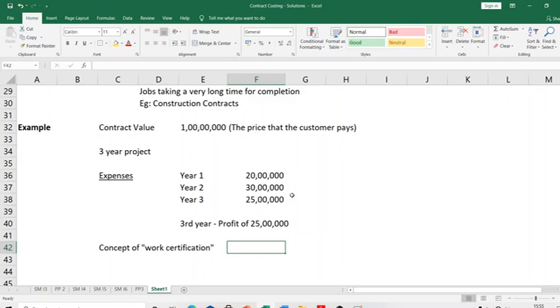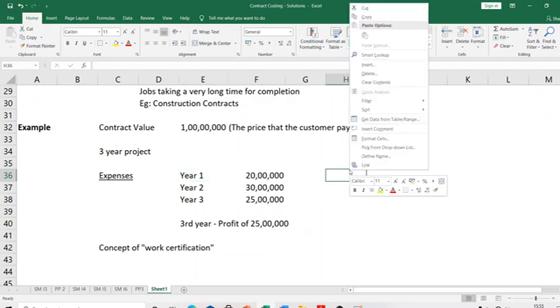Okay, so much of activity has happened. He may say, okay, this year you have done 40% completion. He may give a completion certificate for 40%. Let's say first year he may give 30% completion or whatever, he may give a certificate. So if he gives a 30% completion certificate, then that would mean that I am going to recognize 30% of my contract revenue in that year.